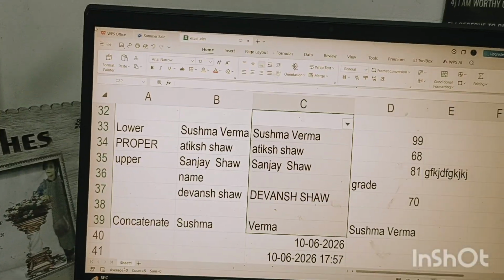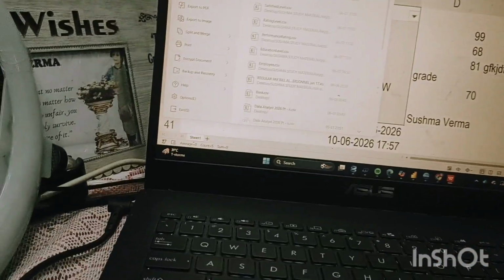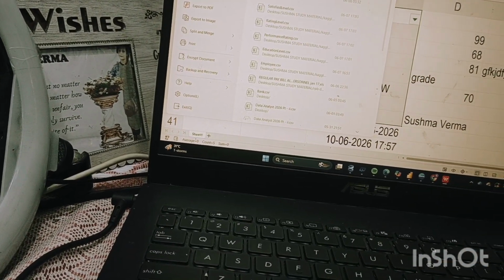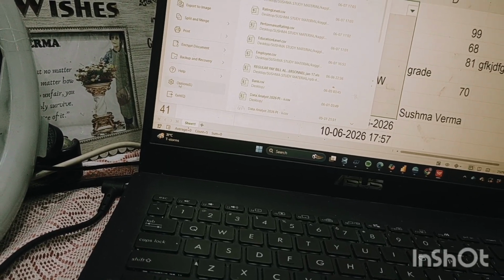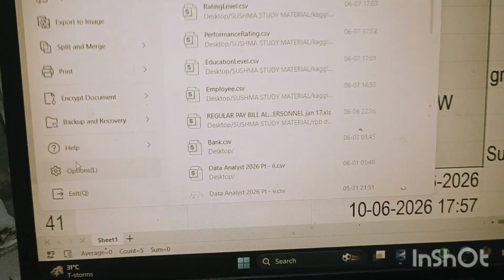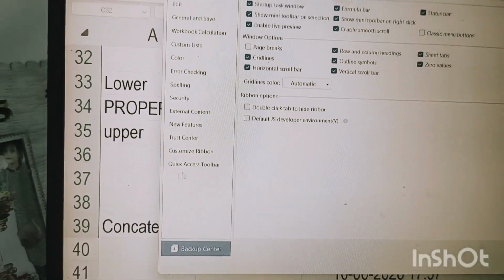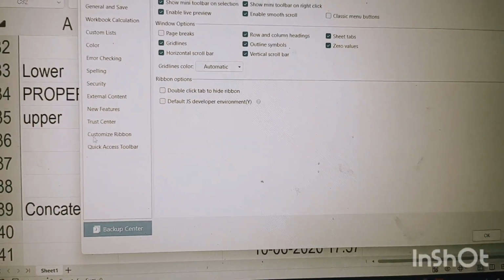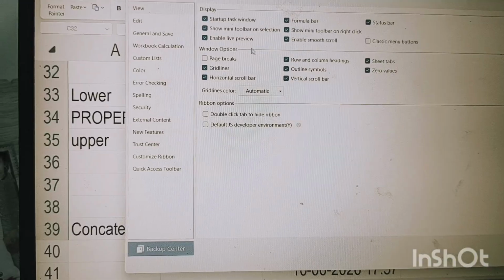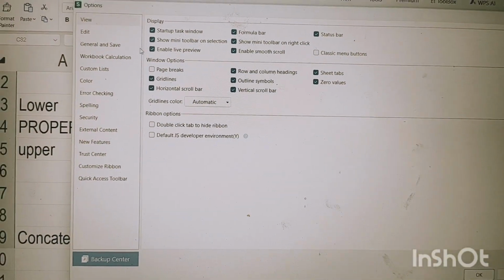Okay, now I'm going to show you one magic function. Go to File, then go to Options.